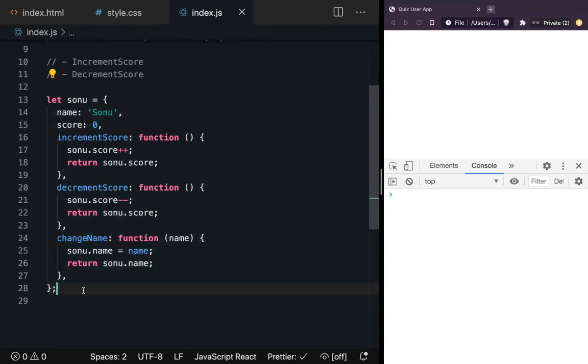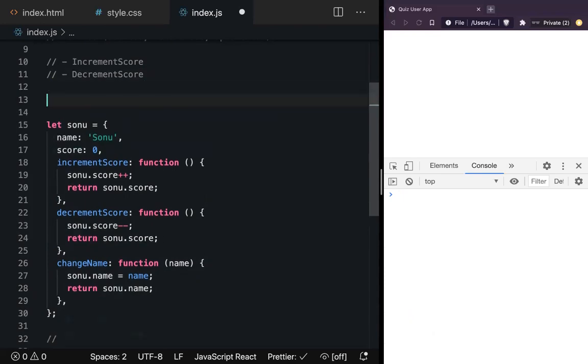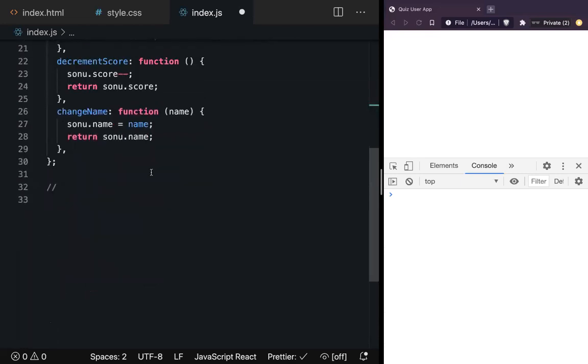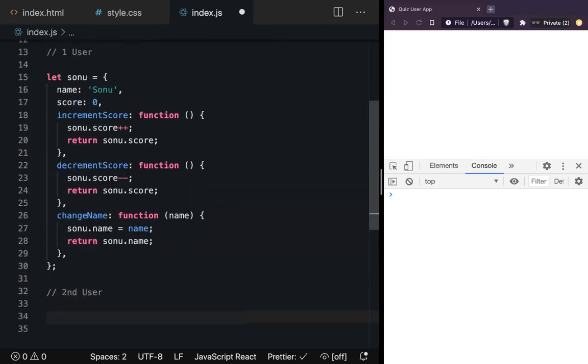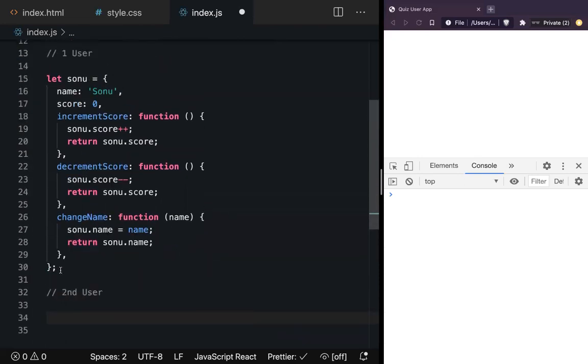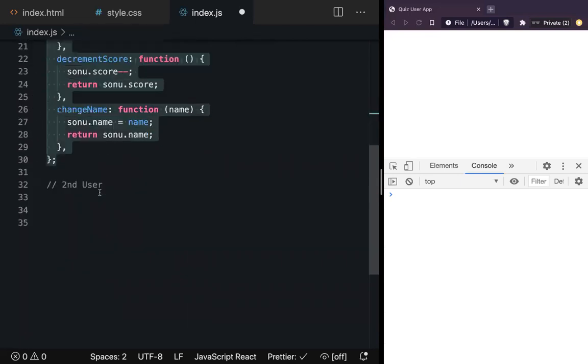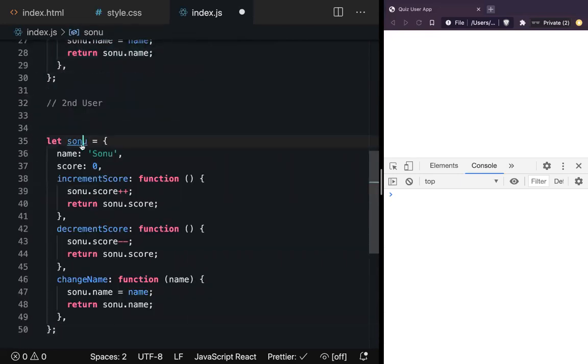So I have created my implementation in this way. Every time a user comes to our website, what will we do? So for example, we want to implement it for a second user. How can I do it? So this is for the first user. I want to create the same information for Elton. So what will I do? So this is like the second user. How will I create this object again? Again, you have to create an object. I'll have to copy the whole thing and change the name here.